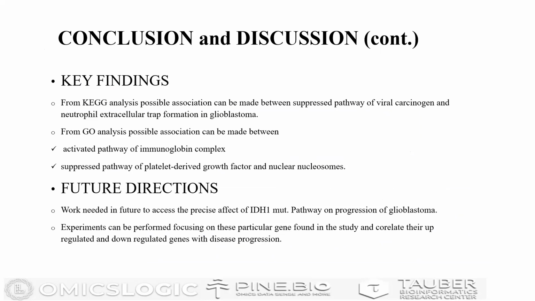Future directions: much work is needed in future to assess the precise effect of the IDH1 mutant pathway on progression of glioblastoma. Researchers can perform experiments focusing on these particular genes found in the study and correlate their upregulated and downregulated genes with the disease